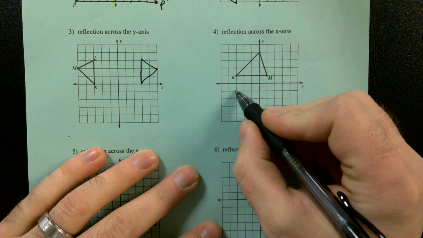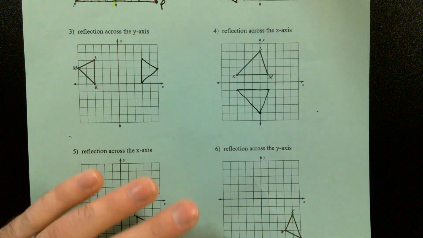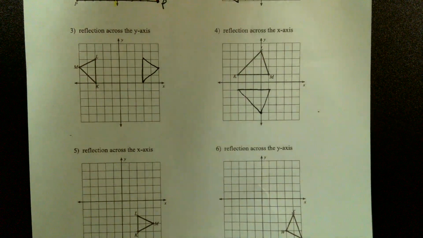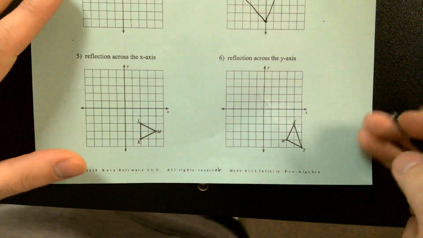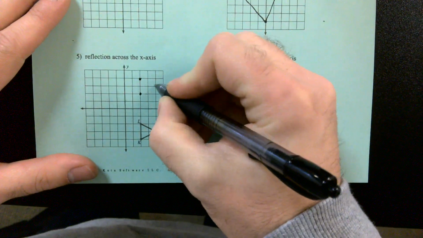4, I'm reflecting over the x. Boom, boom, boom. So we should be flipping down like that. 3 and 4 look good for you? Yeah? Okay, number 5, if we're reflecting over the x, I got L, I got K, and I got